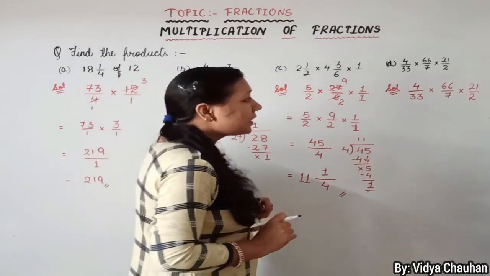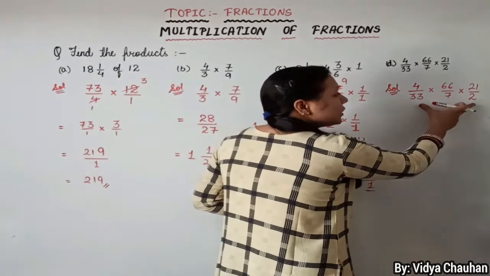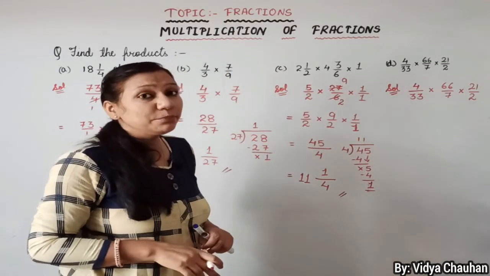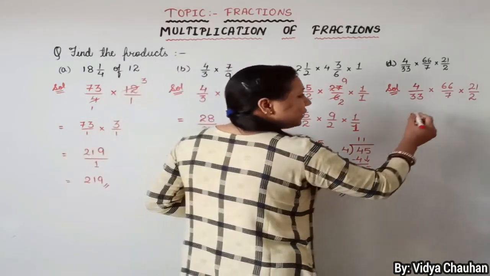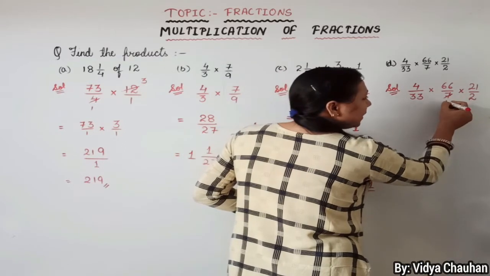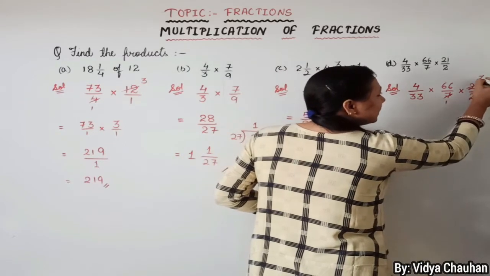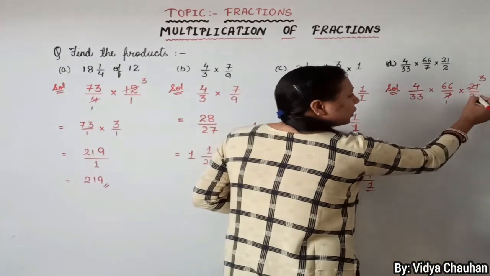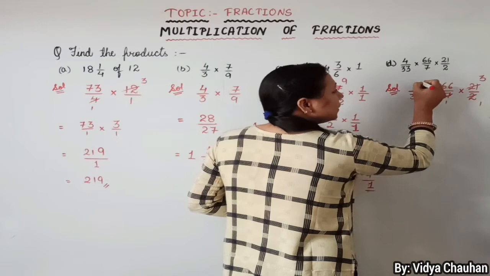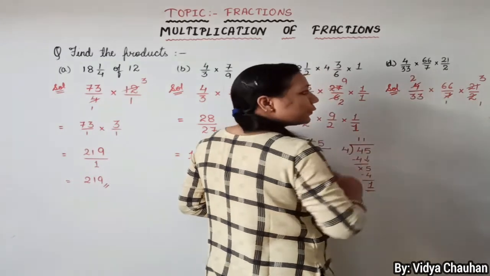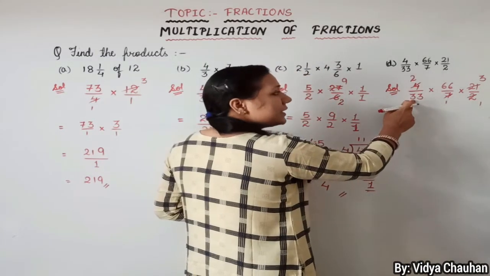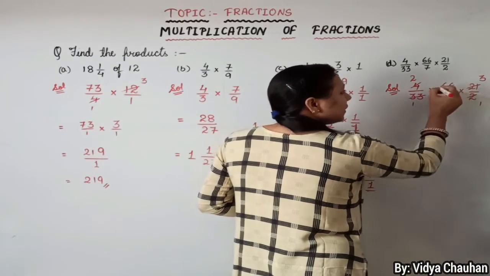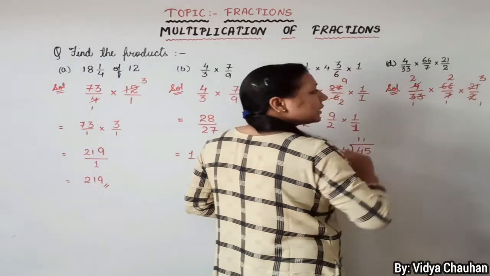And let us start the simplification, because as I told you before multiplication, let us check which of the numbers are simplifying each other. So very first you can see here 7 1s are 7, 3s are. Clear, students? Simplifying 2 and 4, 2 1s are 2, 2 2s are 4. And then similarly simplifying 33 and 66, 33 1s are 33, 2s are.